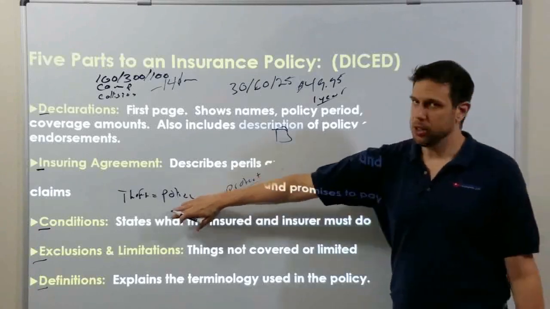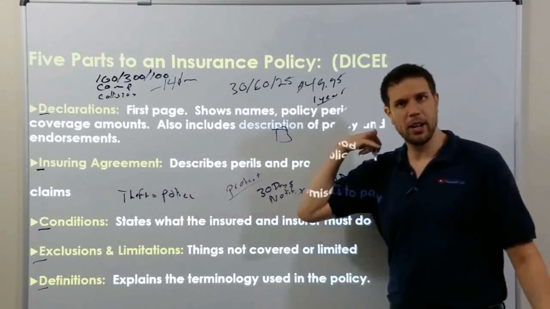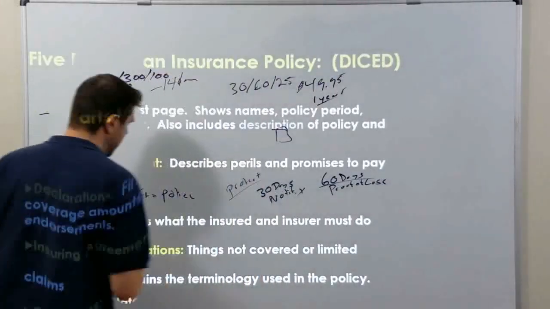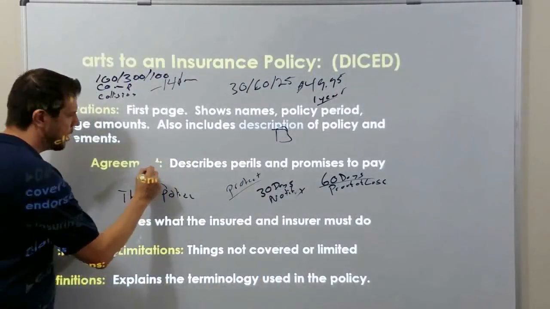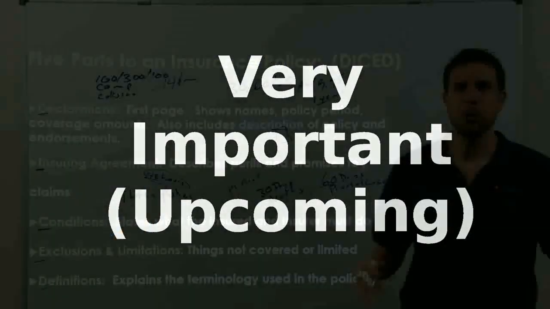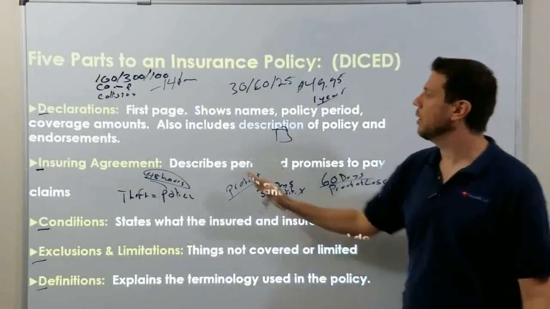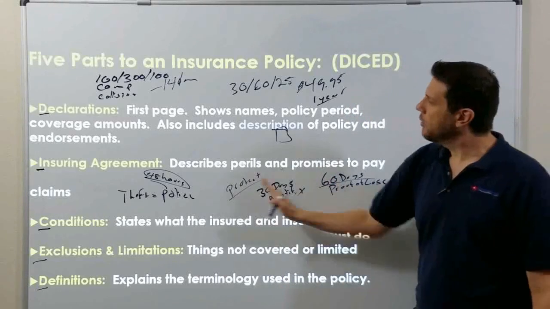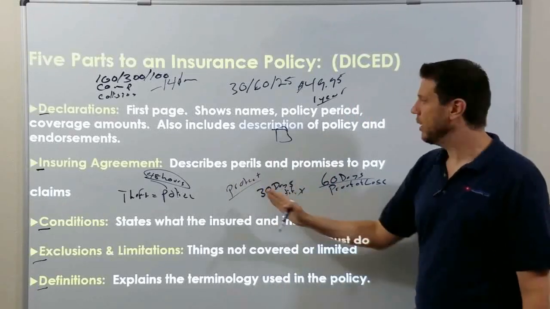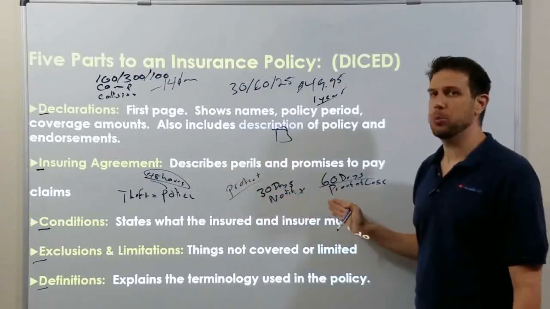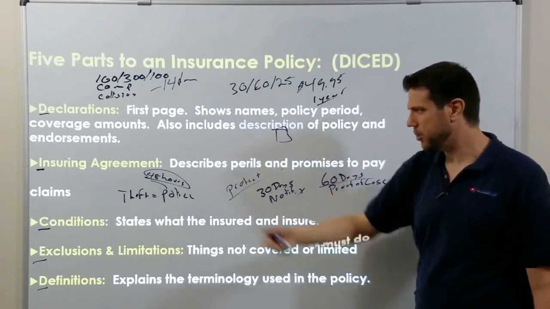So let's say your car's stolen. Yeah, you got to call the cops. But then another condition is that the police have 48 hours to find your car, meaning that you cannot get paid for a stolen vehicle during the first 48 hours. There's a lot of conditions on your test. We've only covered a few of them, but we'll cover the rest of them as we get along later into the chapters.